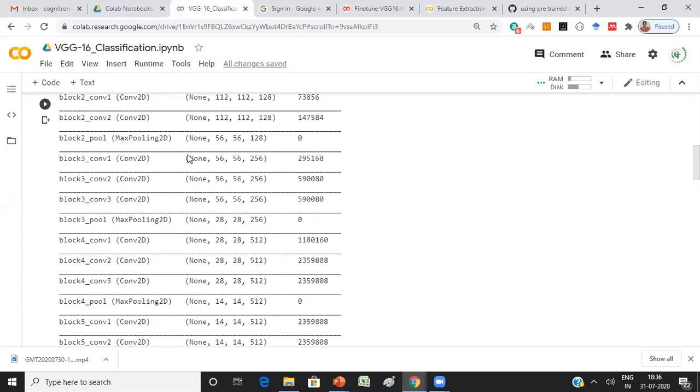Because you are updating your weights after every example is shown to the network, that is called online learning. Online learning is good in one sense and bad in another. You will reach your local minima or the global minima itself. But the problem is it takes a long time and is computationally expensive, because after every example you need to update the weights. If you observe, 138 million parameters are there. All these 138 million parameters, after every example, I need to update. So that is the problem.